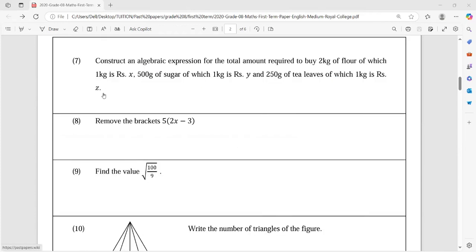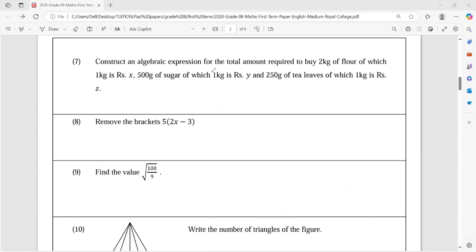Construct an algebraic expression for the total amount required to buy 2 kilograms of flour, of which 1 kilogram is X rupees, 500 grams of sugar, of which 1 kilogram is Y, and 250 grams of tea leaves, of which 1 kilogram is Z rupees. So here we will calculate the algebraic expression for the total amount. Okay, total amount